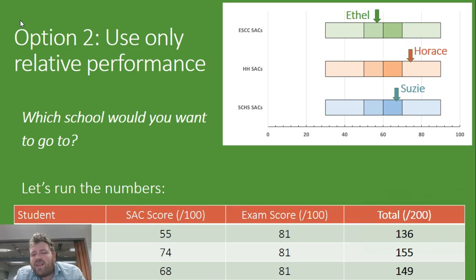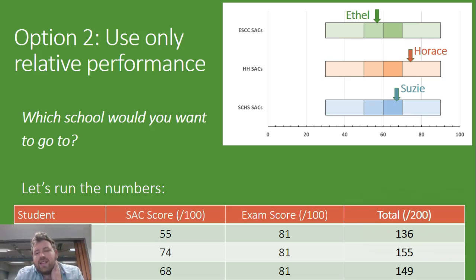But that's not really fair either, because we don't know that these cohorts are exactly the same. Well, we would actually expect that the Suzanne Corey High School students are going to be a better performing cohort. So maybe Susie's performance of being in that third quartile is actually more impressive than Horace's being in the top of his. Or maybe Easy Street's a really high performing school, and actually Ethel's done even better than anybody else, and maybe their SACs aren't even that easy. It's just that everyone's great, and that's why they're all getting above 90%. So it's a hard problem.